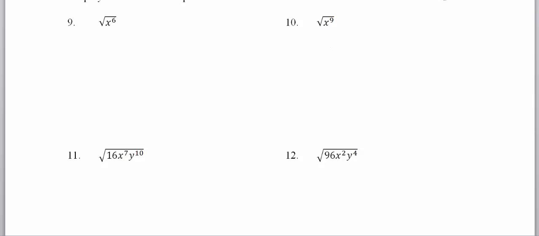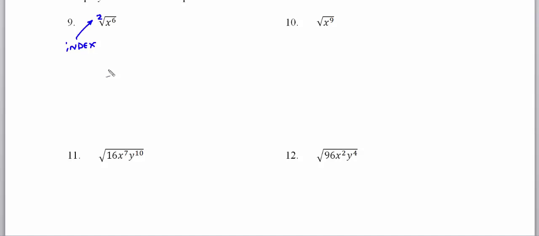But what we will do now here is talk about how do we do roots with powers of x on the inside. And there's a couple ways to look at this. One of the ways to look at this is that the square root is technically the index of 2. This is called an index, kind of like telling you what dimension you're in. So this is the second dimension, or square root. And this square root is asking us how many x to the sixths inside the square root can we let